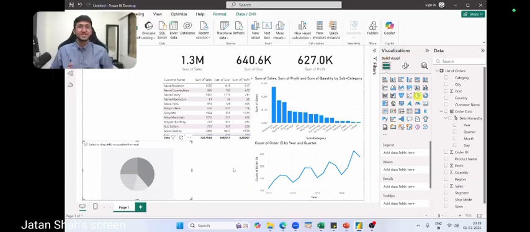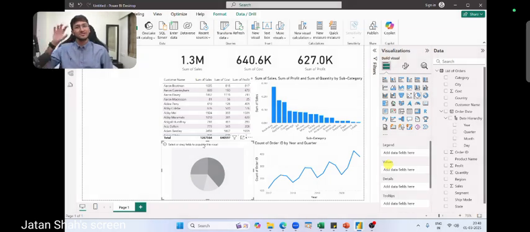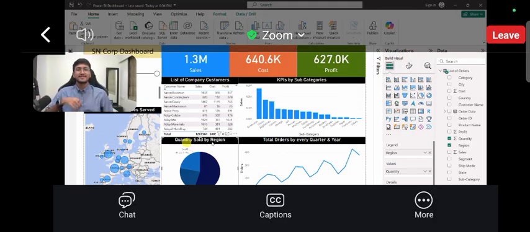Now in this pie chart, again, I only have to enter 2 things. Everything is not even required. The only 2 things that you require is values and legend. When it comes to values, you will have to enter a numerical field. There are 2 things that we need to show in this pie chart: quantity and region. Ask yourself, what is a numerical column? Is it quantity, which is 1, 2, 3, 4, etc., or is it a region which